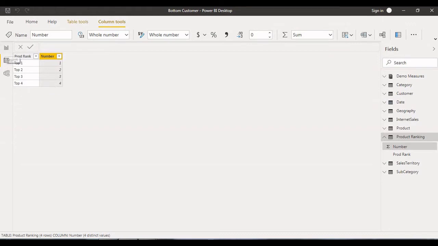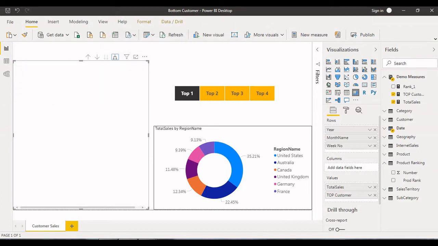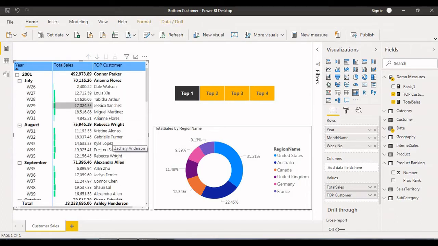Okay, this is the matrix. In this we have year level, another level is month, and another is week level. So we have three levels: year, month and week.